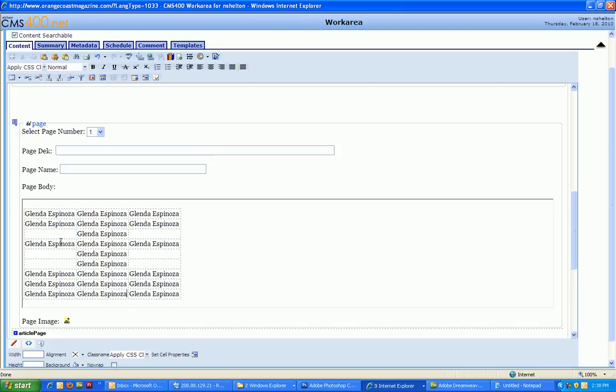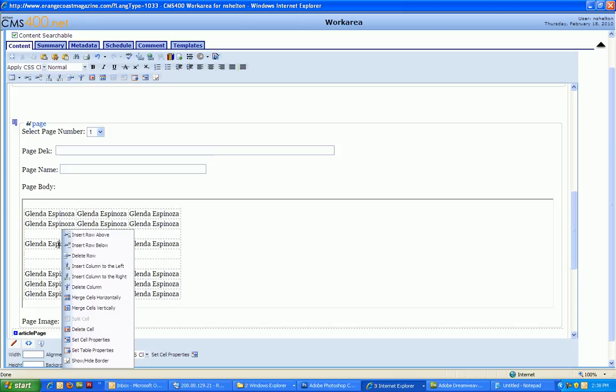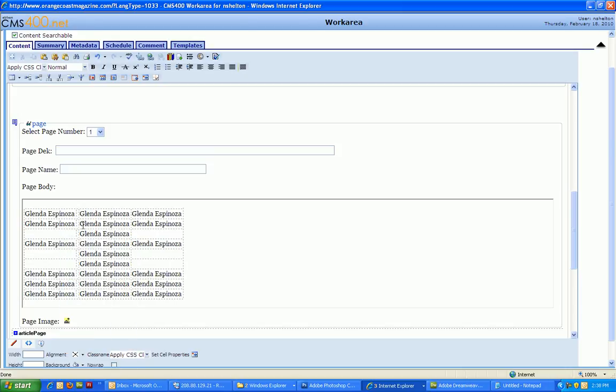A way you can work around this is you can right click and go ahead and insert a column to the right, and so now we have a little column that serves as a spacer. Now the way a table works is each table column is as wide as its widest element. So that's why this one ends at the end of the A's, because they're all the same width. Well, this one is tiny because it's all the same width. But if I add some spaces, now there's some space in between